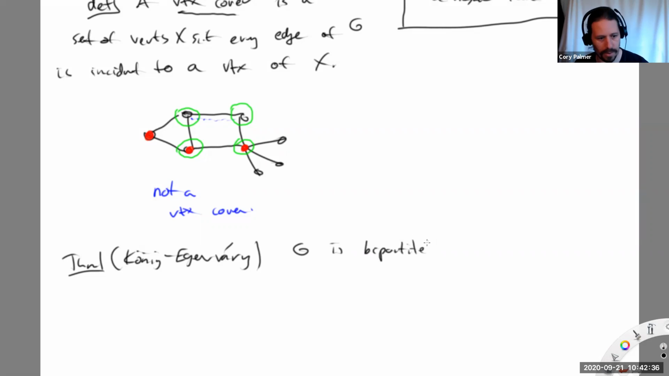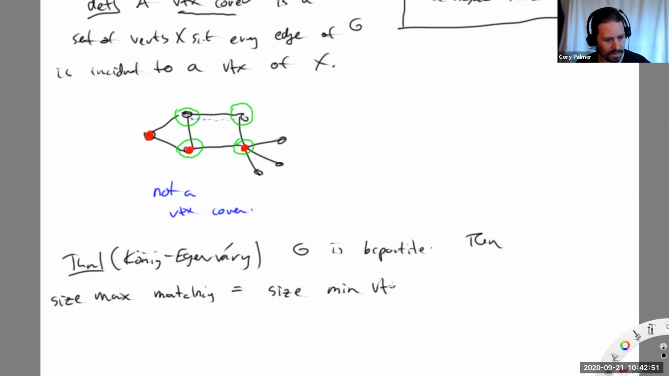So we're working in a bipartite graph. Then the size of the max matching is the size of a minimum vertex cover. So what's a max matching? It's just a matching in that bipartite graph that has as many edges as possible, right? There are many different matchings. Hall's theorem tells us whether there's one saturating or not, but this is just how many edges can you pick